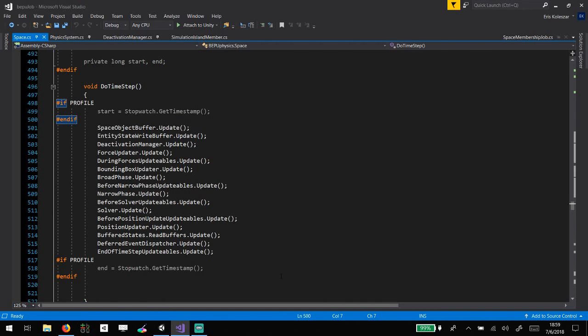But it's just an interesting sort of endeavor, project, experiment to try to learn some things. I'm also curious to see what kind of benchmarks it's going to be versus both the single-threaded and the multi-threaded, using their old system that BEPU comes with, which is called the parallel looper, which just creates worker threads and calls loops on those,